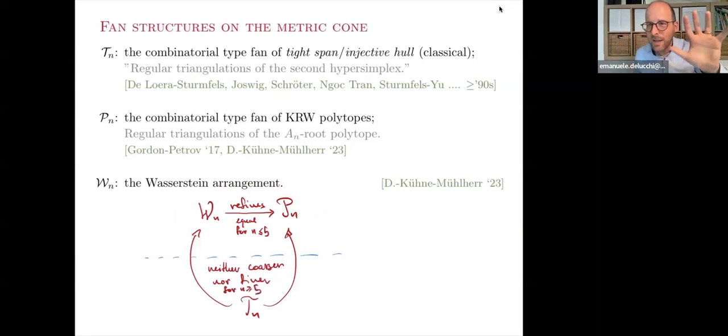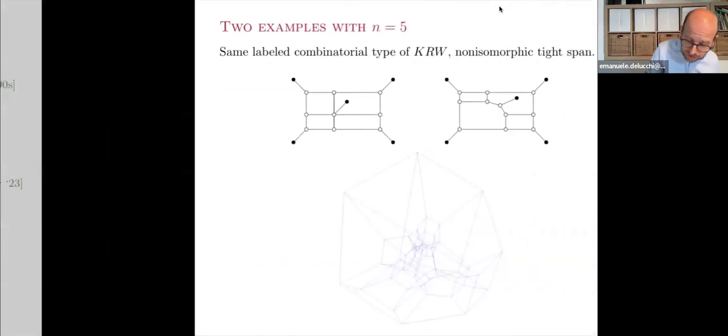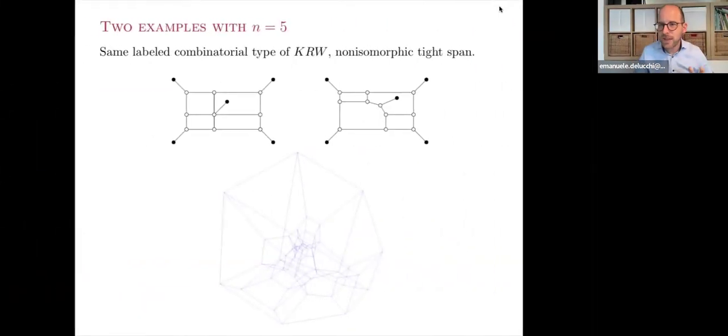But on 5 elements, okay, I have two metric spaces with different tight spans and equivalent polytope. You don't believe me? Here they are. Of course, everybody sees immediately by eye, right? So I'm sorry, of course. But just for the people who, so these are two